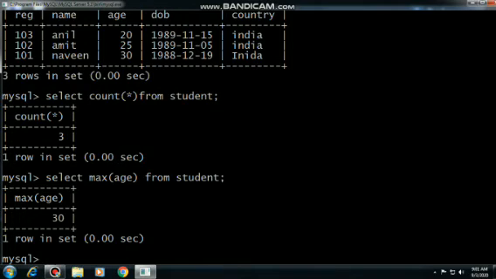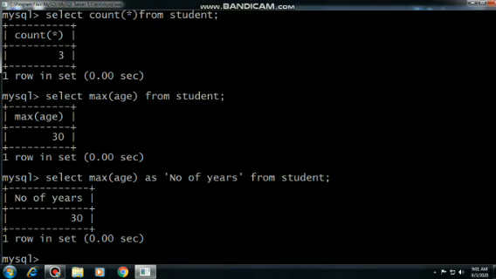You have applied the maximum function and you can see it is written there as maximum age. Now you have to change the column name. So max age space as, write the column name whatever you want, like you want only age or number of years, so you can write number of years, terminate the line, that is 30. Now you can see the column name is number of years.